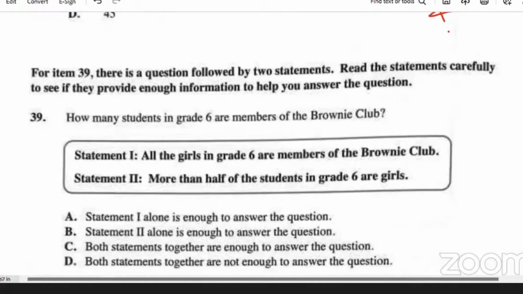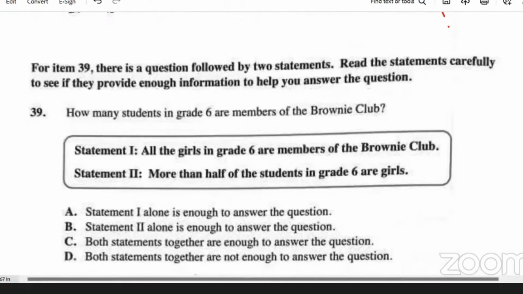Our statement 1 says all the girls in grade 6 are members of the Brownie Club. All right, statement 2 says more than half of the students in grade 6 are girls. But it doesn't tell us exactly how many students are in the class. We don't know how many of the students are girls or how many are boys, right? So